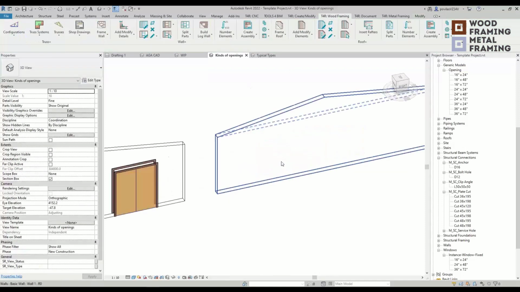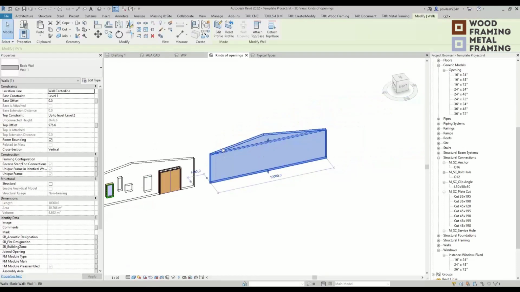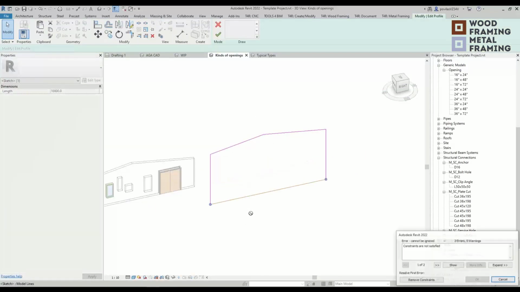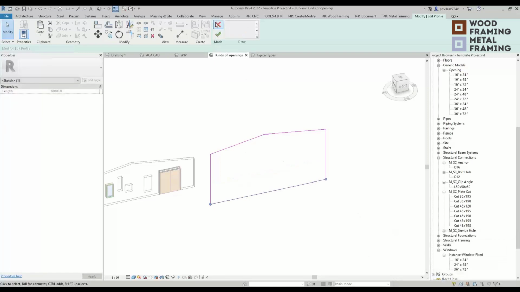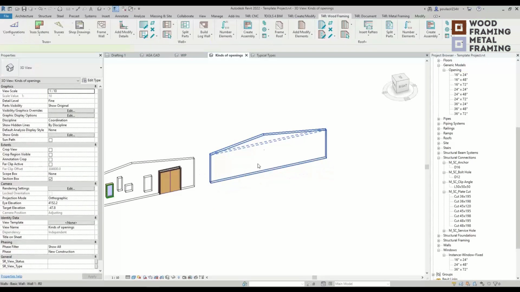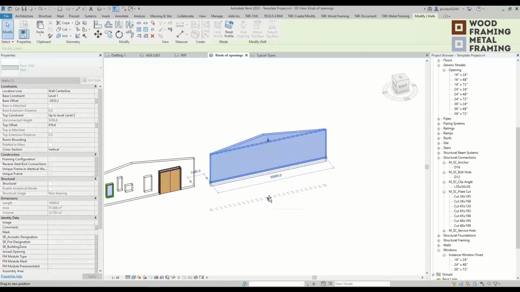As you noticed already, we can change the wall profile, change the slope or the pitch, or change constraints without applying offsets or attaching to levels. You can just do that by manipulating the profile lines. Same goes